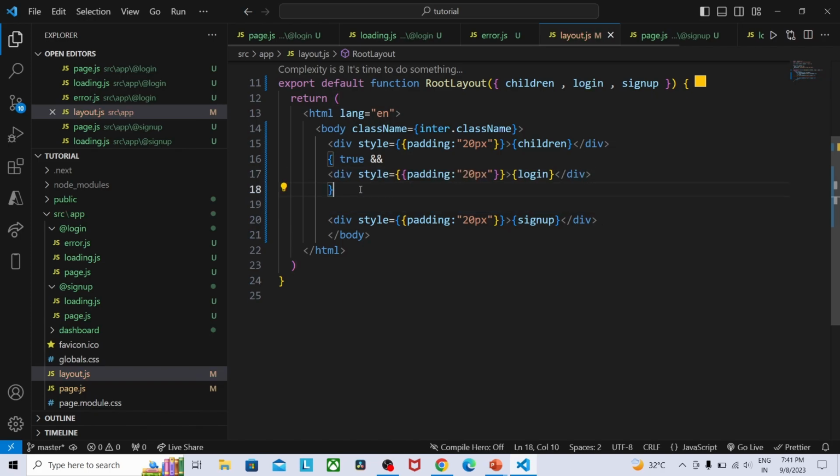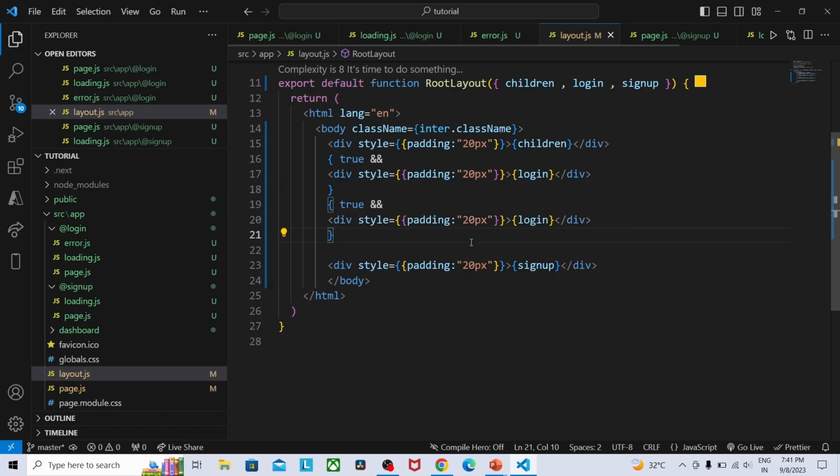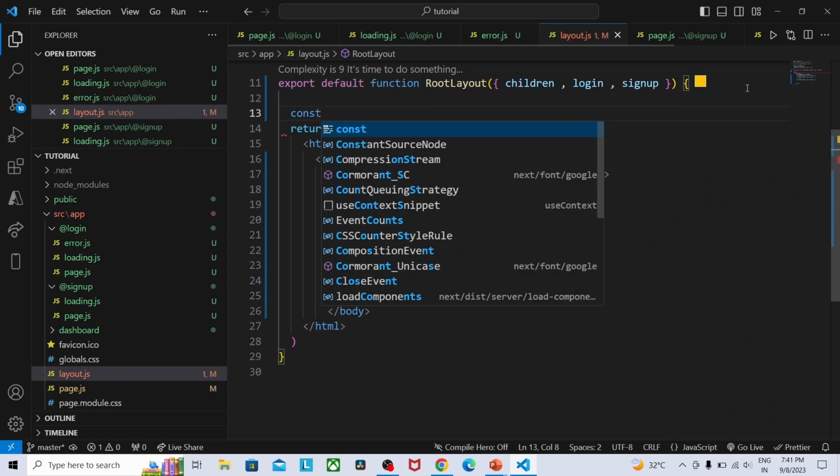So I have given here, copy and paste it again, copy the div tag, replace it here, and here I'm going to create a variable called